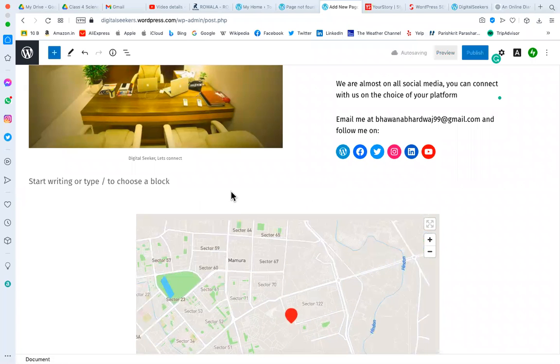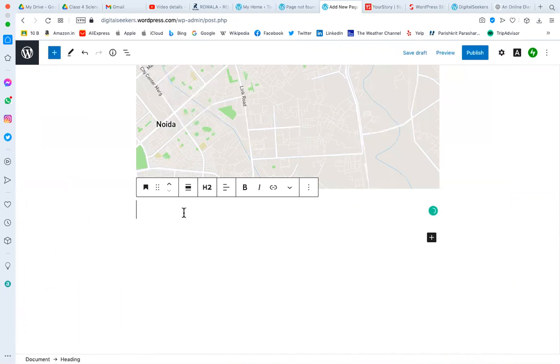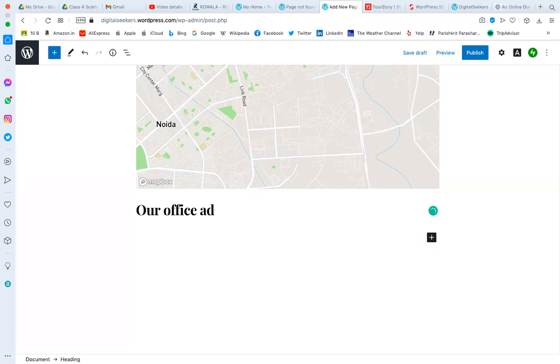If you want to give a heading for the map, again you will select a heading. So here you can write the heading, our office map. You can make this one of the blocks, you can just keep it above.